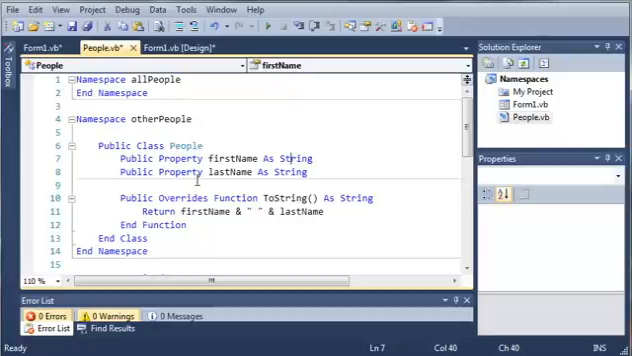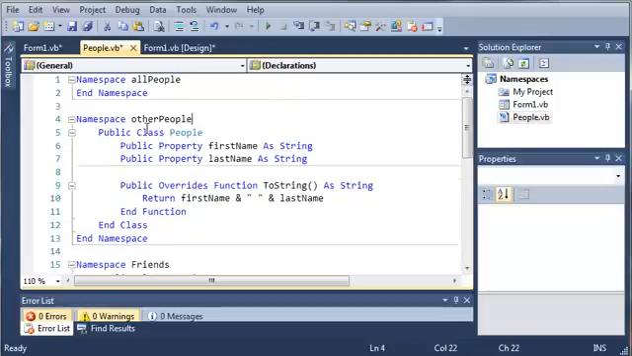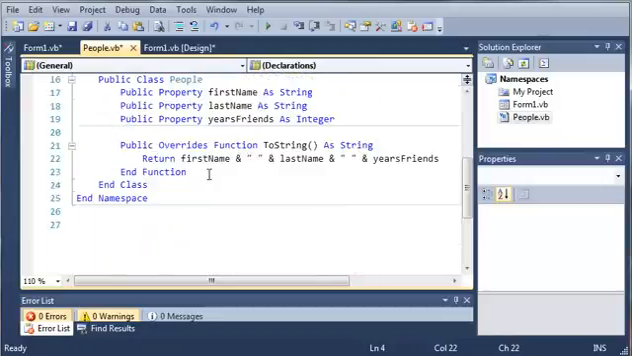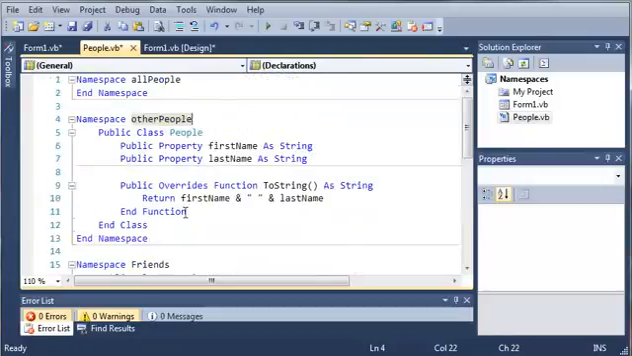Now, what we can do is we could take functions, or we could take classes, and put them inside of all people and allow all of the other classes inside of other people and friends to what's called inherit those classes from the all people. Now we'll be talking about inheritance in probably a couple of tutorials from now. So let's go ahead and make some changes to this code so you guys know what I'm talking about nesting the